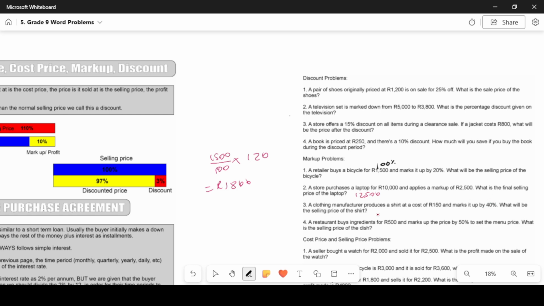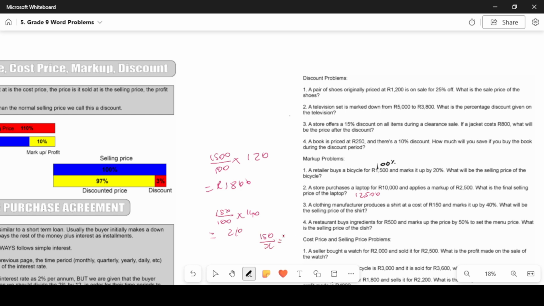40%. What will the selling price be of the shirt? This is the cost price. I need to find out for a single unit how much that would be, and then I multiply it by 140 to get it for 140 units, which represents the selling price. We should get 150 divided by 100 multiplied by 140, which is 210. Alternatively, what you could do was, you could say cost price over selling price is what